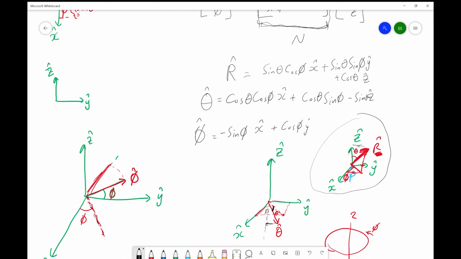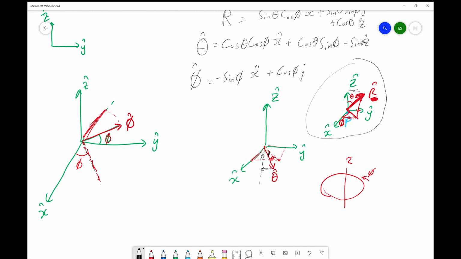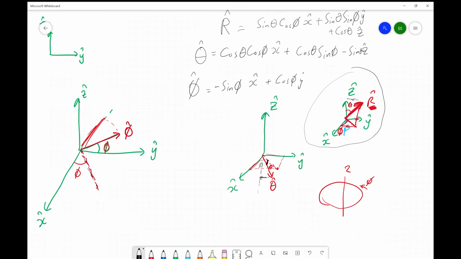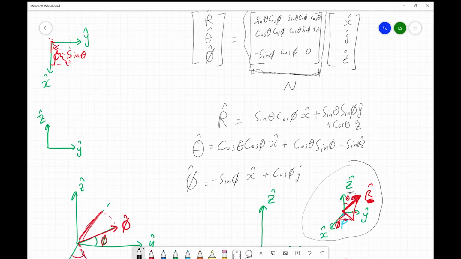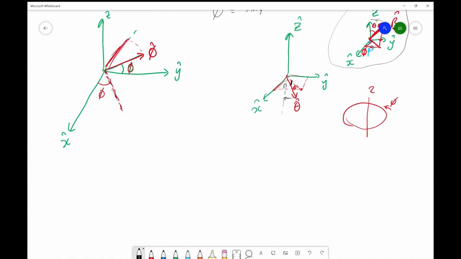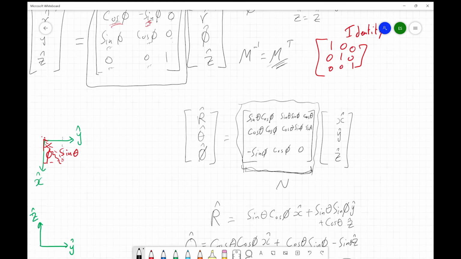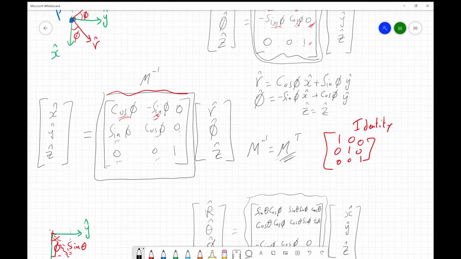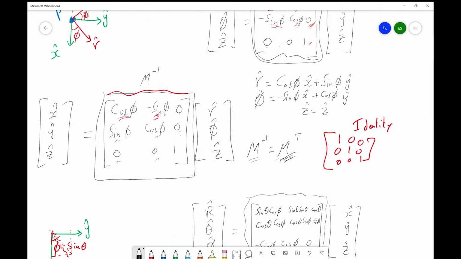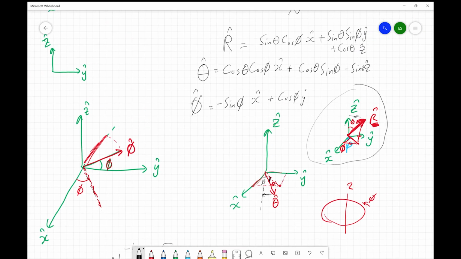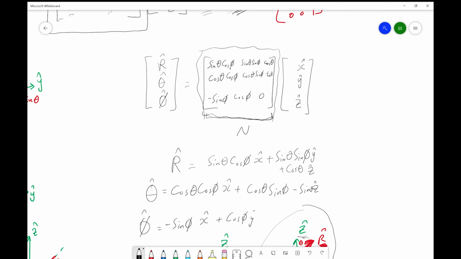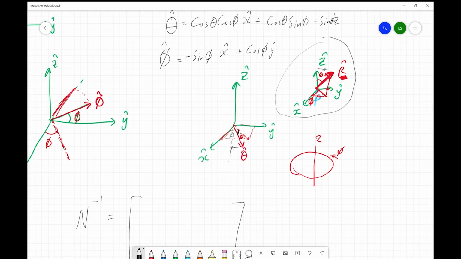This is n. And the inverse is just n inverse. So n inverse is simply, you could find it, of course, but you could remember that we discovered that the inverse is just the transpose. So I just have to transpose this, take every row and make it a column. So this would be